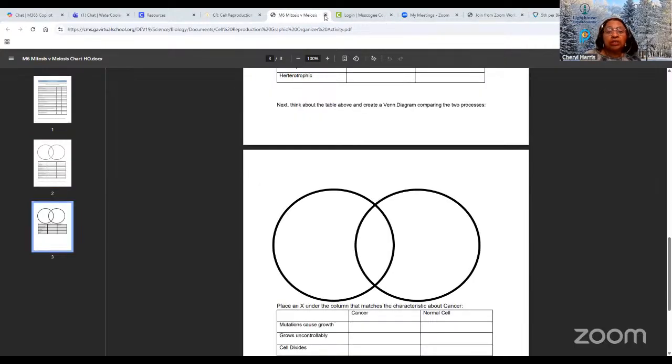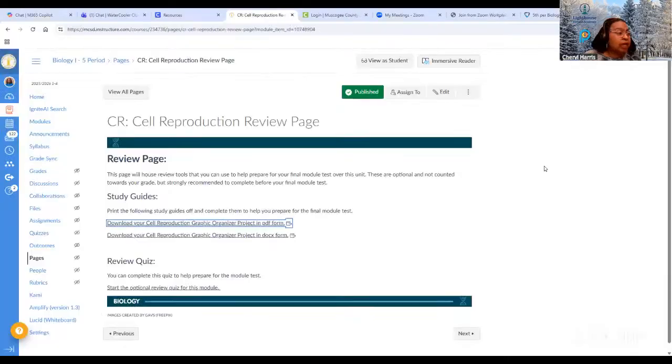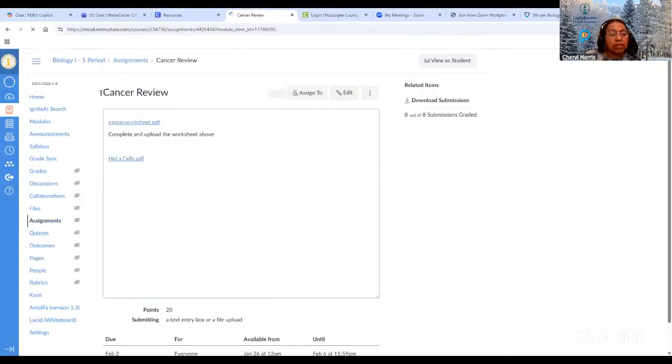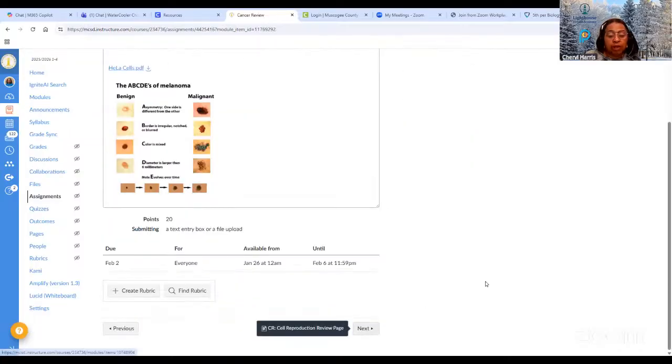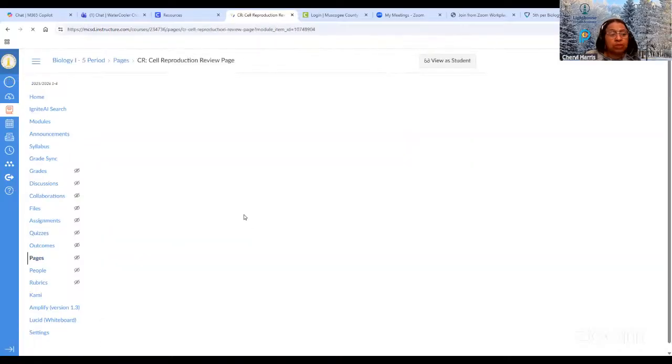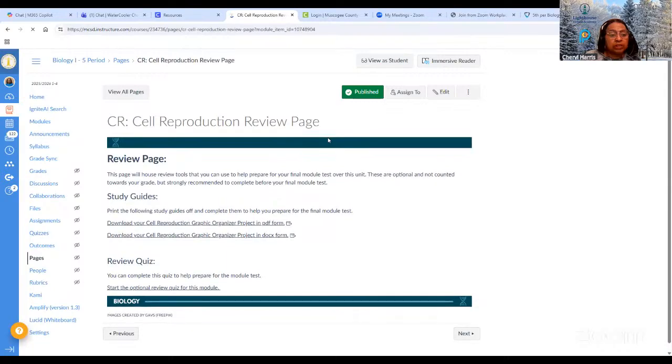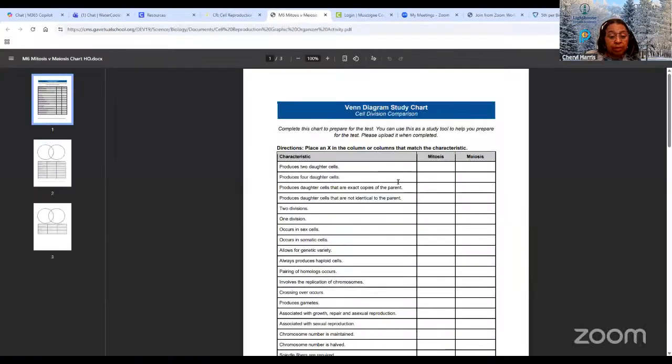Again, the study guide is found at the end of the unit. So if you're in Canvas, the last week you had the cancer review worksheet, and then right after the cancer review worksheet, you will find the cell reproduction review page. So you want to click on the PDF. You click on the document, the doc file, and that'll cause you to download it.